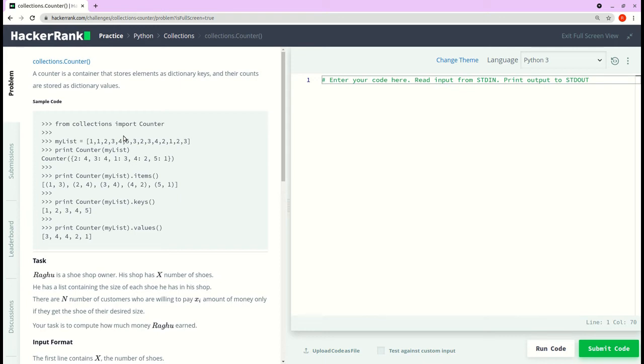Hi, Python collections, collection.Counter. A counter is a container that stores elements as dictionary keys and their counts are stored as dictionary values. We have a list of numbers here, and some of the numbers are repeated multiple times. And if we pass this list to a counter function,